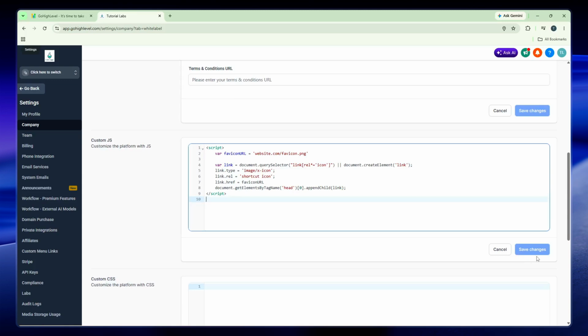And that's it. You've successfully customized both the logo and favicon for your GoHighLevel agency account, giving your workspace a